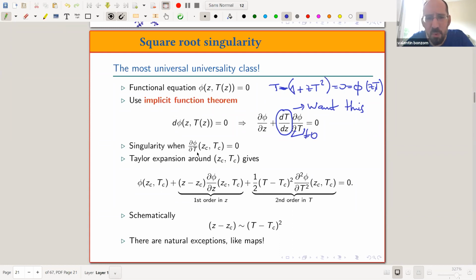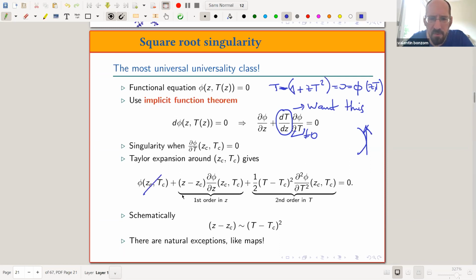So in particular, when d phi by dt is 0, it means that you have a critical point. You cannot invert the curve anymore. So it's like you have a vertical tangent in the curve. Okay. So when you hit such a point, you can perform a Taylor expansion around the critical point z_c, t_c. And so you have the evaluation of phi at this point, and then you have first order. So this is 0 by